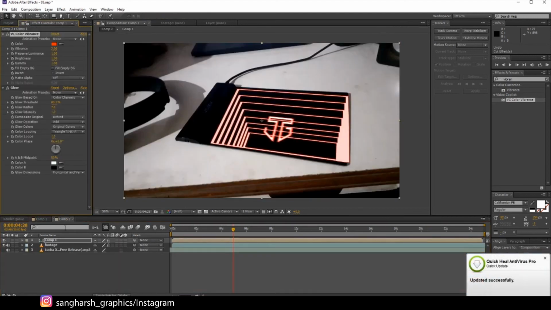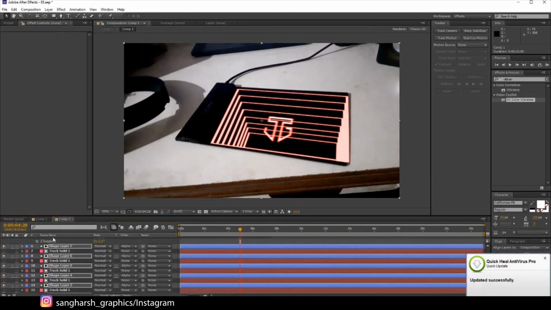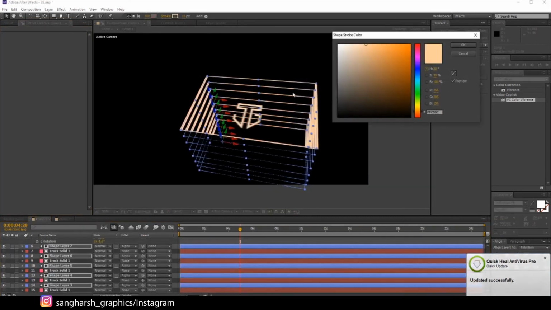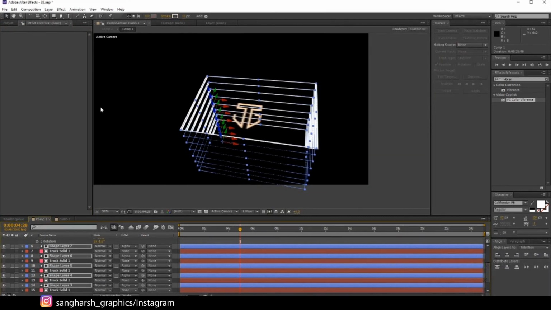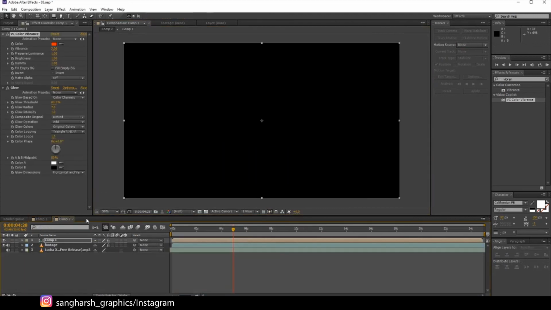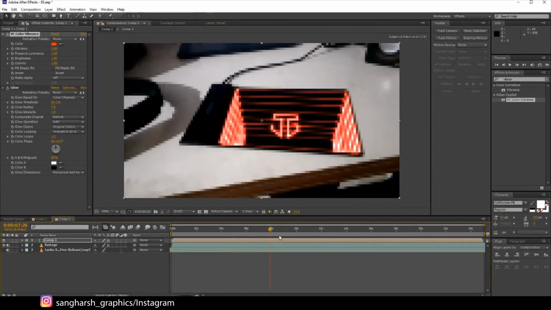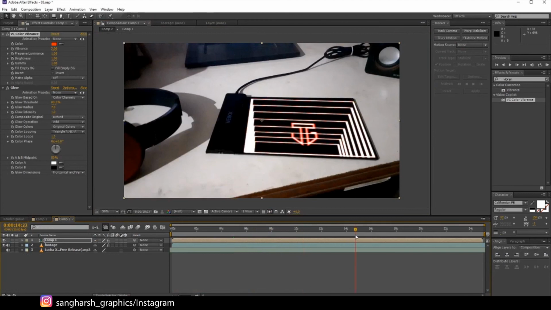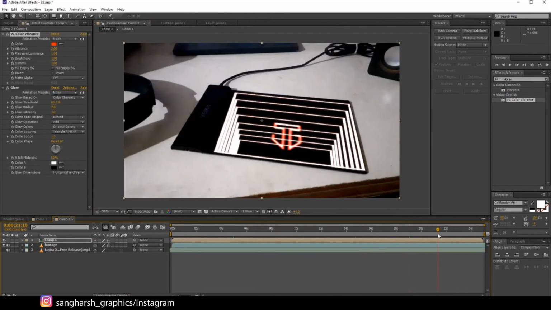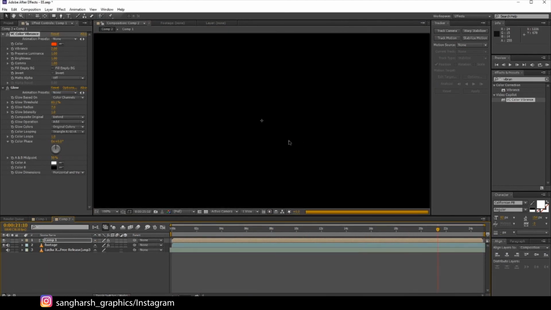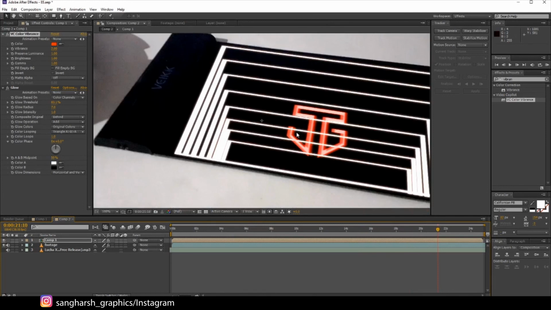Let's come back in our composition and make the lines white again, because here are changing too many colors there. Yeah, like this.